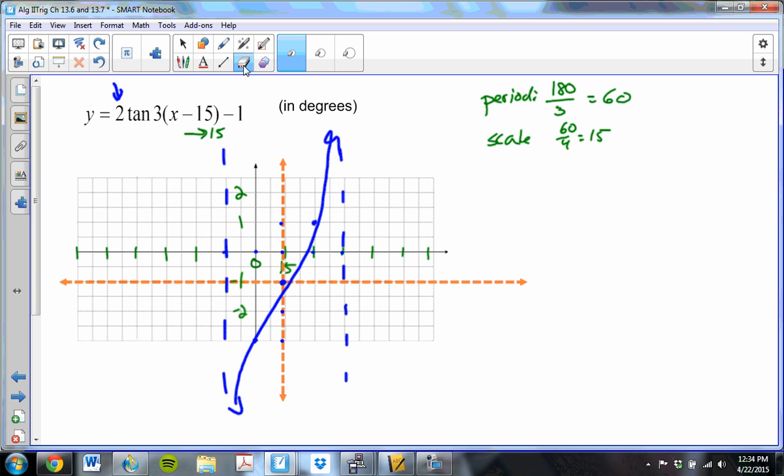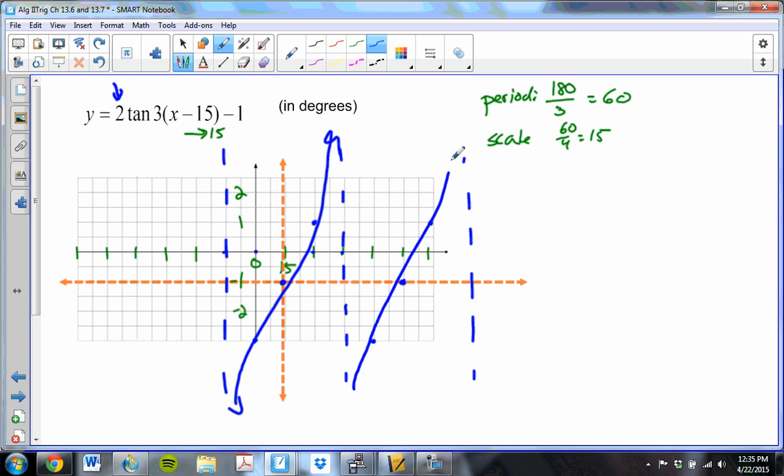I think I'll erase everything else that's kind of in here, blocking things. And that pattern keeps on repeating. So 1, 2, 3, 4. Out here would be another asymptote. And I have a center here, and down to and over, and up to and over. And this graph would go like this. And 1, 2, 3, 4, there's an asymptote here. My center is here. Down to left 1, up to right 1,